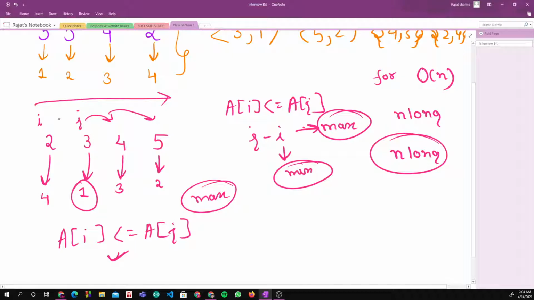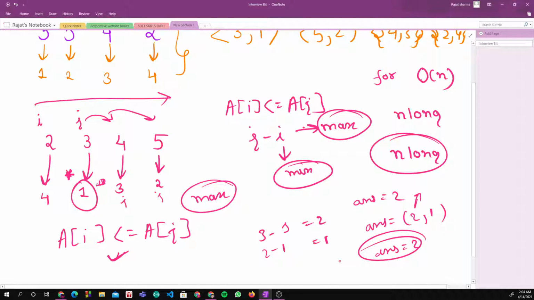Now I am storing the minimum index that I find in this way. Suppose I find I over here, the minimum index, as 1, so I will store this one in my minimum index, and then I will keep on moving ahead and subtracting these values. This is my I and this is my j. So 3 minus 1 is equal to 2, so my answer is right now equal to 2. Now if I move ahead and my j becomes 2, then 2 minus 1 is equal to 1. So my answer will be the max of my previous answer and the current answer that I got. So 2 is the answer. Got it? I hope this was clear to everyone.